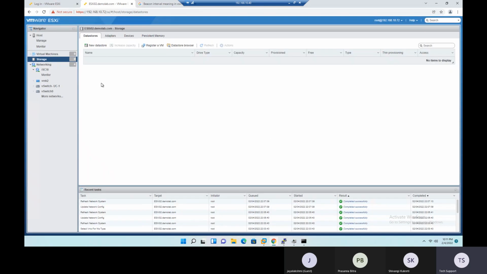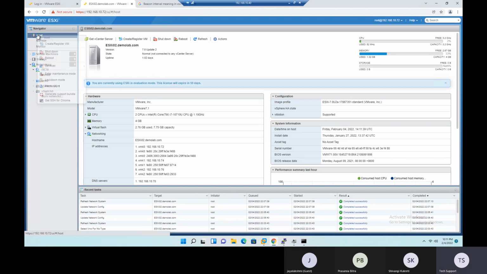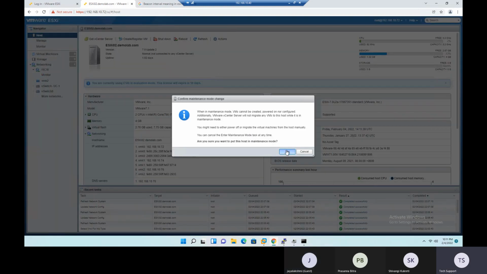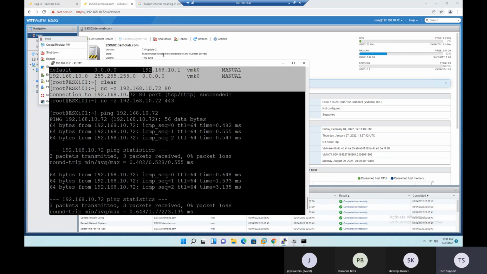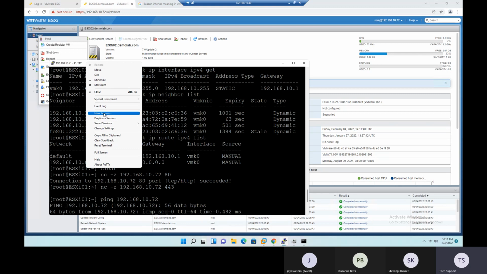Before restarting the ESX host, what is the recommended step? Right click the ESX host and place the host into maintenance mode. When you click maintenance mode, the host is in maintenance mode. Now we can go to reboot. You can reboot by right clicking the host and choosing reboot, or else, since we already connect to the ESX host command line, we can use the reboot command. We'll try to reboot from the